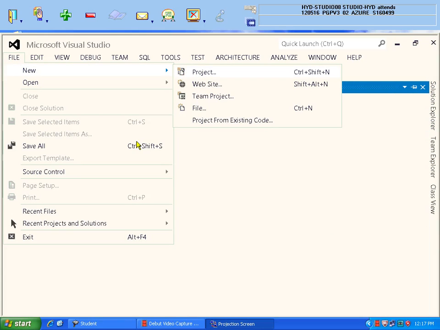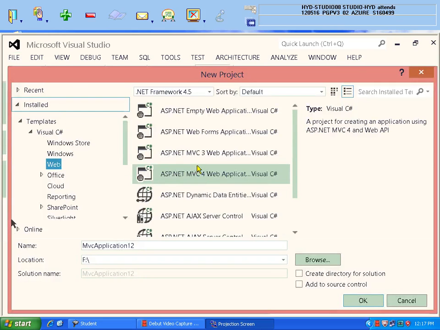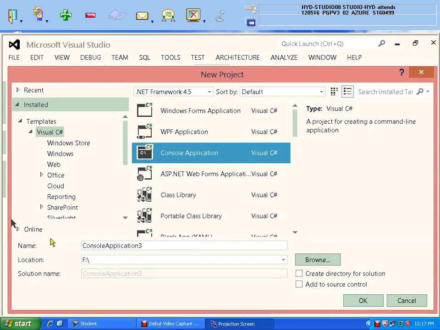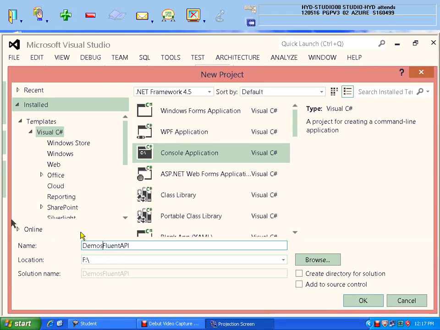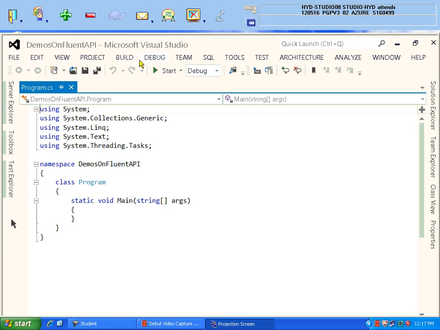File, new project, console application, C#, console application, Fluent API, demos on Fluent API. So what you have to do, only two classes, one student class and one employee class I'm going to create.